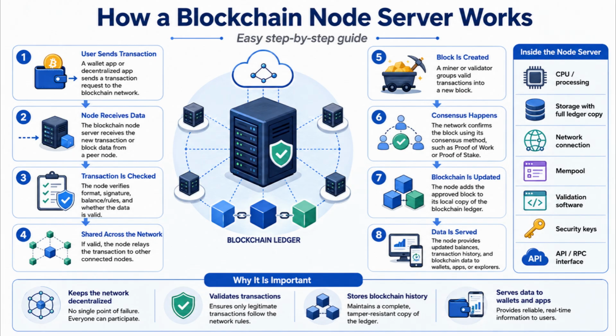Inside the node server, several important parts work together. These include the CPU for processing, storage for keeping the full ledger copy, network connections for communication, a mempool for waiting transactions, validation software for checking rules, security keys for protection, and API or RPC interfaces for serving data to